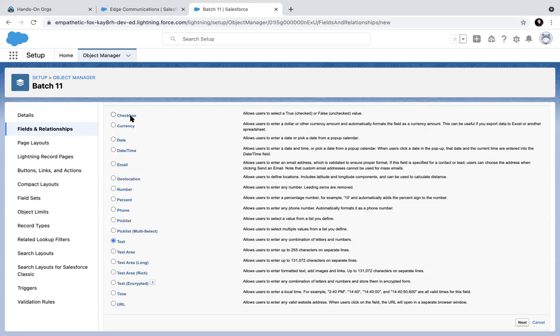So if there is a true or false, only two values, then I will create a checkbox. Accuracy and usability of that data is more important. Bad data will not enter into the system. If you have bad data, you cannot use it. That data is unusable, right? So it is very critical that we choose the appropriate data type so that the system automatically does validation for the data. All these fields come with baked-in validation logic.